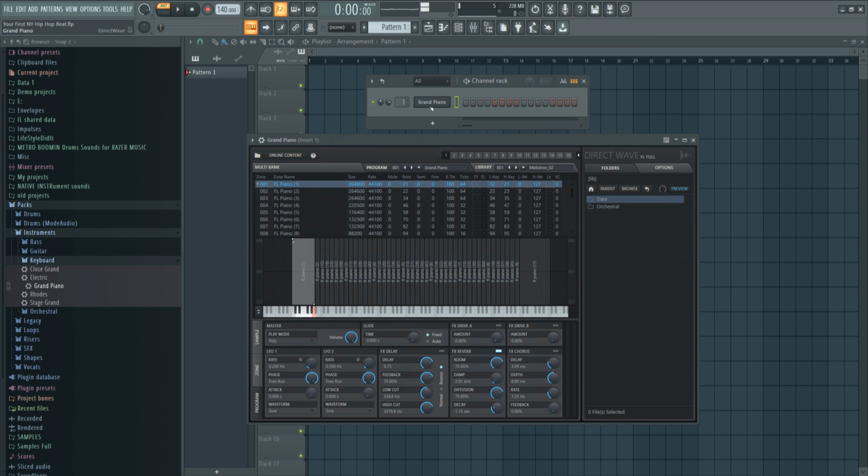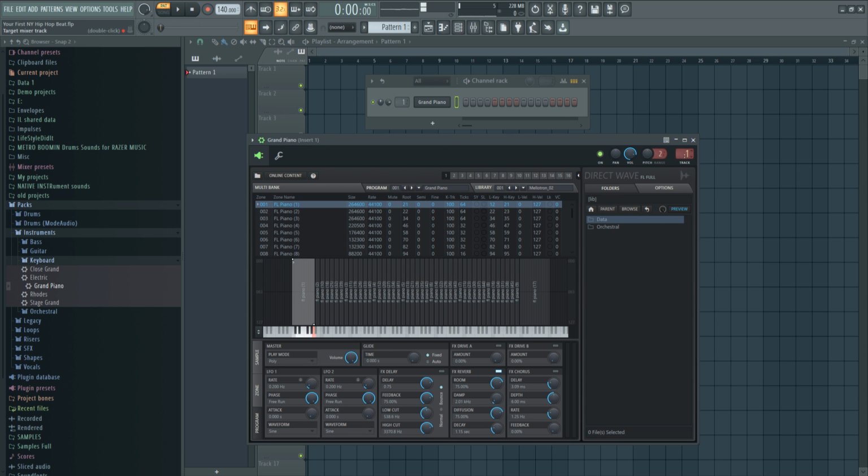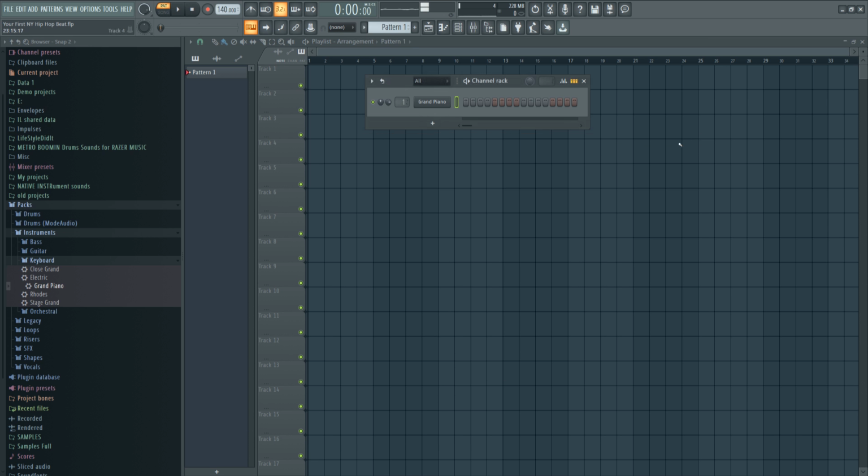If you don't see that, just click on your grand piano, go to your cog icon, and in the top right you can see which track it's going to here. And you can even click the track icon to assign it to a free mixer track. I'm not going to get into all the little nuances about everything. Just make sure this is on 1. Okay? Because it's so easy to overthink when making beats.